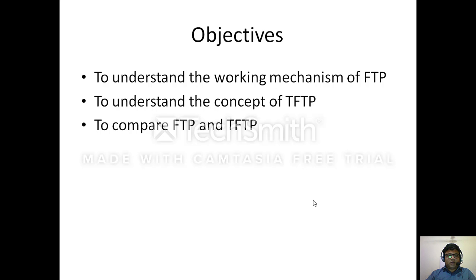We know well that the Telnet protocol is used for remote login purposes, but when we require to transfer a file from one place to some remote place, Telnet is not useful. In that case, we require FTP, File Transfer Protocol.